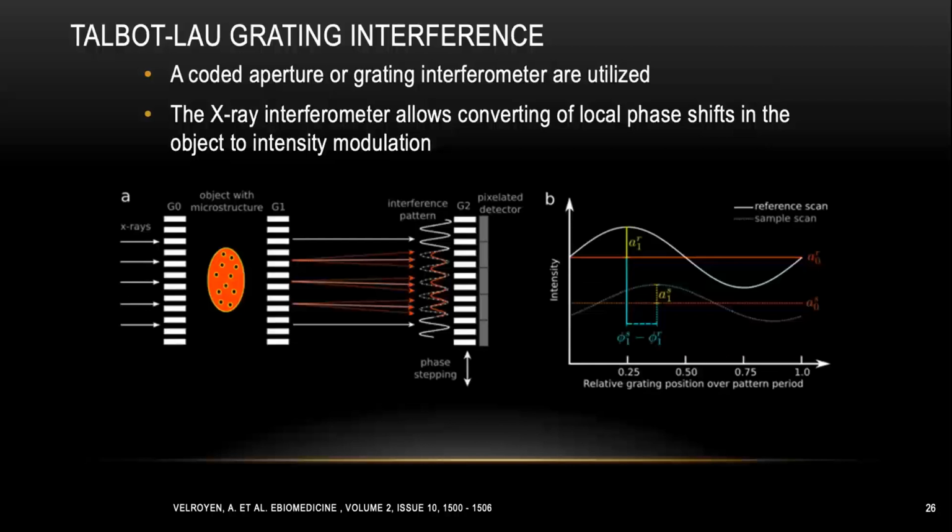The first way is using some kind of grating interferometer. And you can only do this type of imaging in a synchrotron. You require a much larger distance between your sample and the detector. What the interferometer is doing is creating some kind of interference pattern, so you can pick up the difference between your reference signal and your sample signal. Which means if you are using this technique to do phase contrast imaging, you definitely need to have some kind of reference image first.